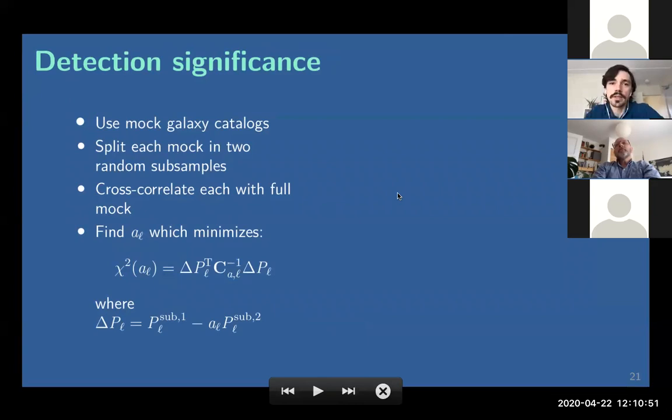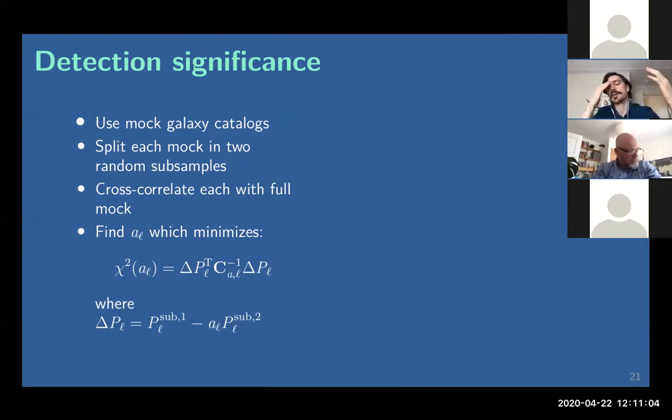And in order to do that, we use mock galaxy catalogs. So there are thousands of mock catalogs which have similar clustering and redshift distribution of mock galaxies. So whatever you do to your data, you can also do in mock catalogs. However, these mock catalogs have not been created with all these tidal effects, right? So we don't, for example, know the velocity dispersion of halos of galaxies in the mock catalogs. Otherwise, we would have performed the same exact split on each of the mocks to get the error bars, but